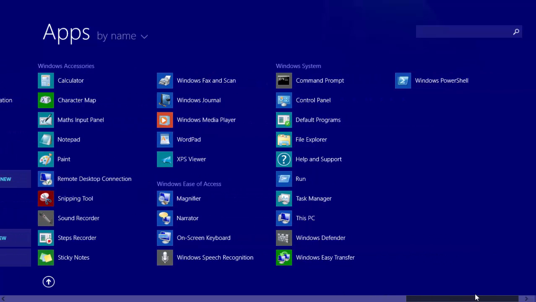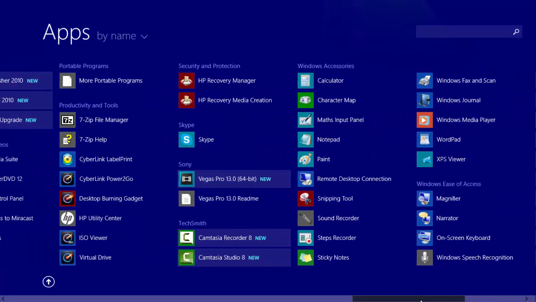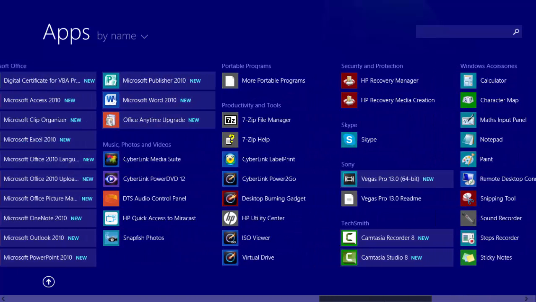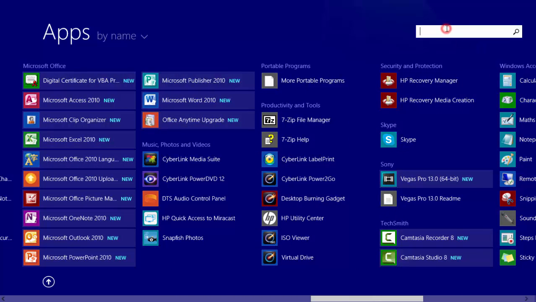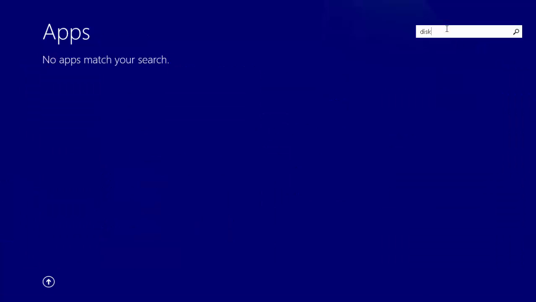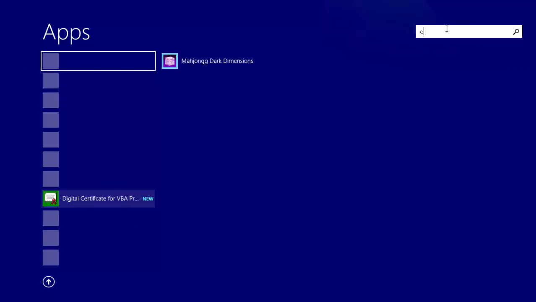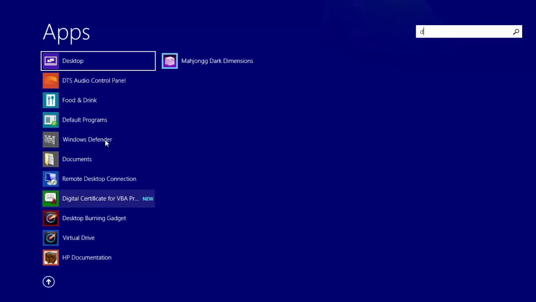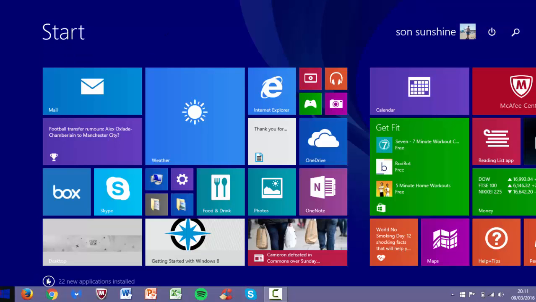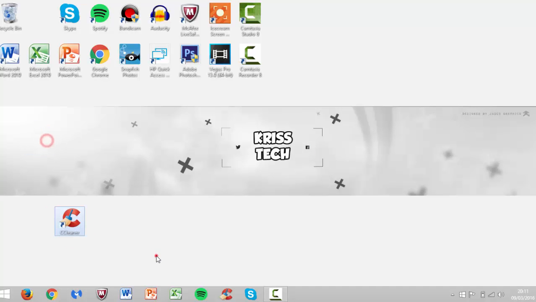I'm not sure where it is. Don't think I have it, and try to search for it. If you can't find it, then it doesn't matter. Doesn't look like we can find it, so what we're gonna do is just open up CCleaner, which is an